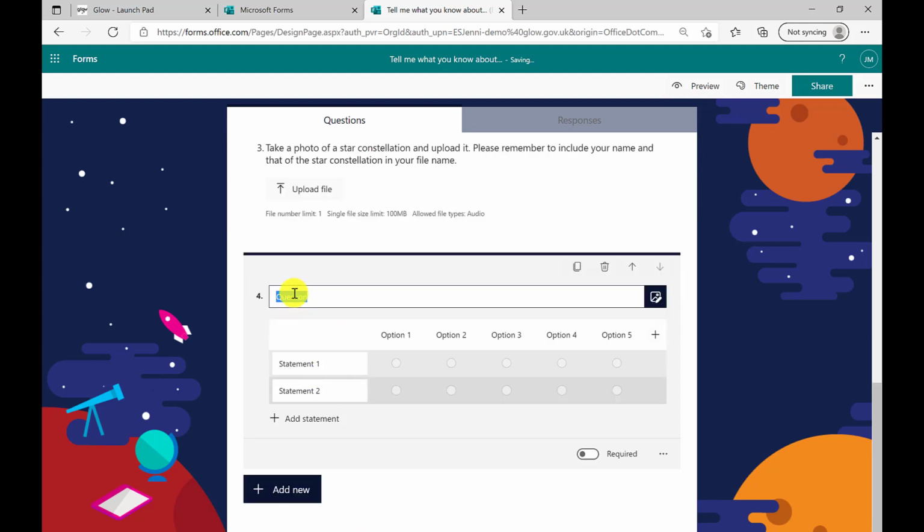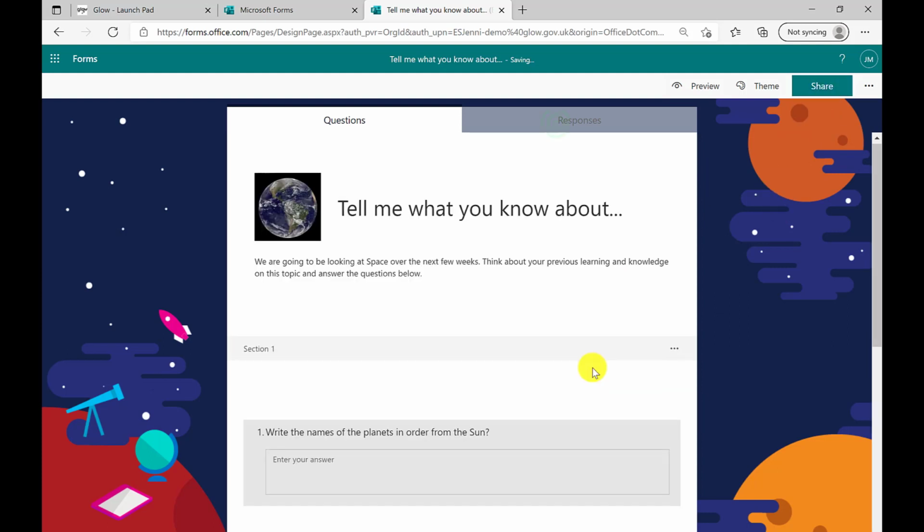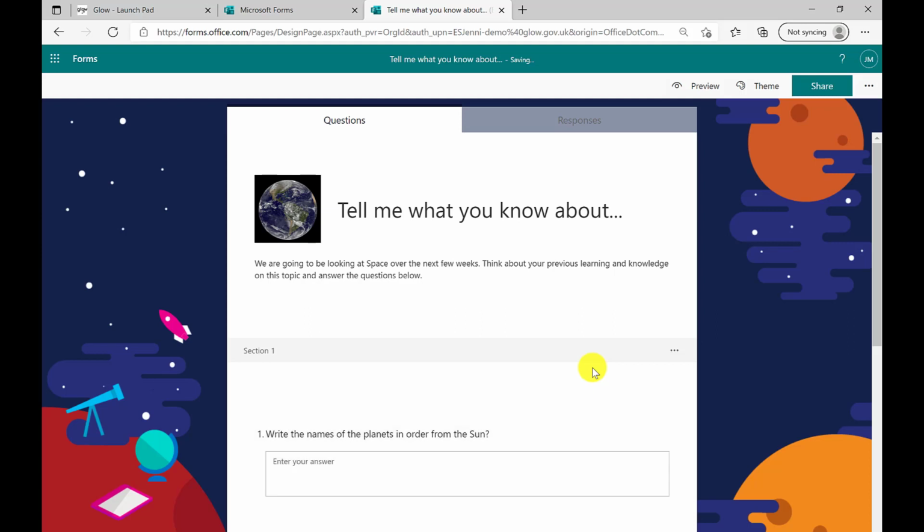A Likert may be a useful way to capture opinion or ask understanding levels where learners can respond anonymously or giving their name. To find out more about sharing and capturing detail of submissions in your forms, please look out our Sharing Forms video. Once you've added as many questions as you require within your Microsoft Form, you may want